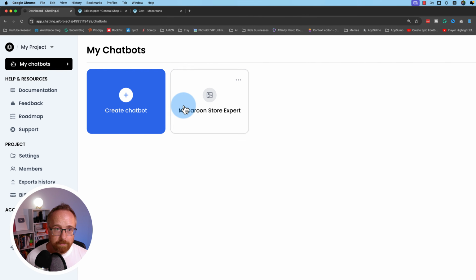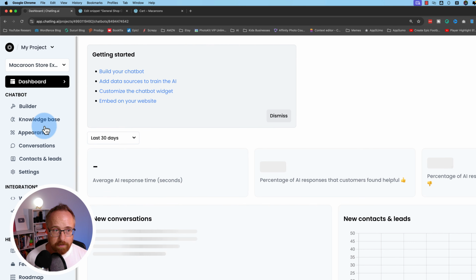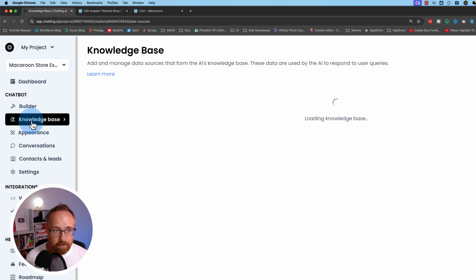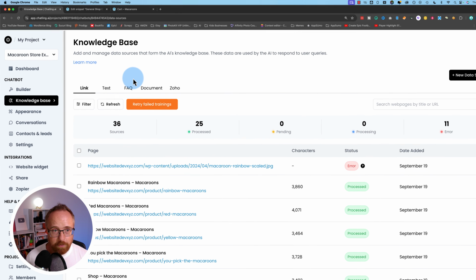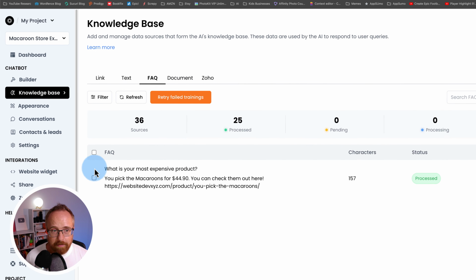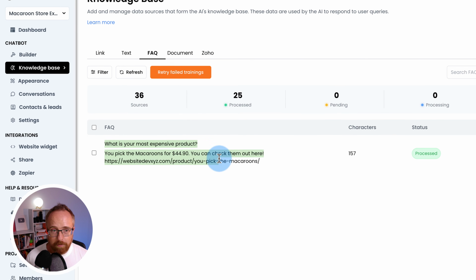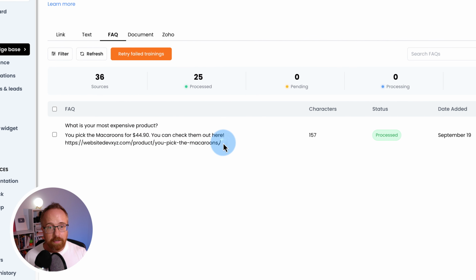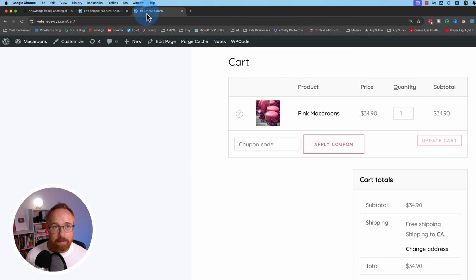What I would do, let's just use the macaroon store expert as an example, is for the knowledge base, I would create an FAQ section. This is how we fine-tuned it. Remember we had that most expensive product question that didn't have an answer to? We fine-tuned it here using this. And because the cart really has no information to pull from as far as answering questions goes, you'd create a